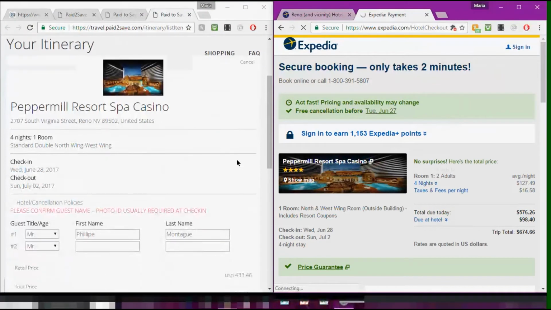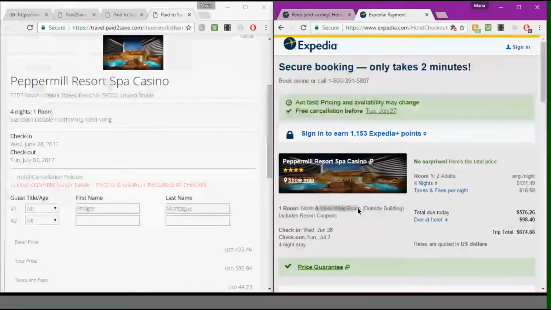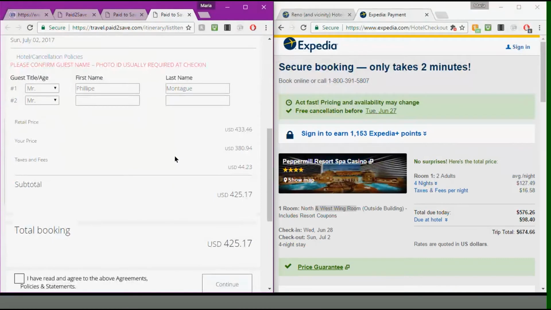All right, let's go to, yep, are we in North and West Wing? Here's the Northwest Wing. So we have the same type of room here. And let's go and scroll down. So your price is $380 plus $44 in taxes. So out the door, we're talking